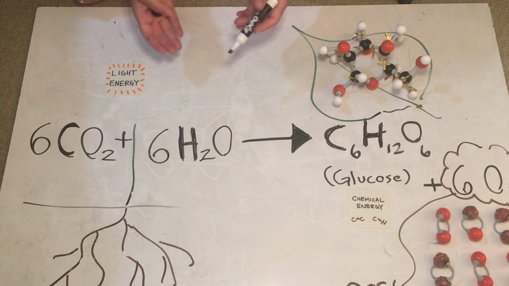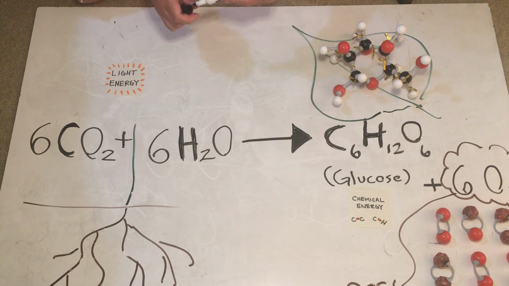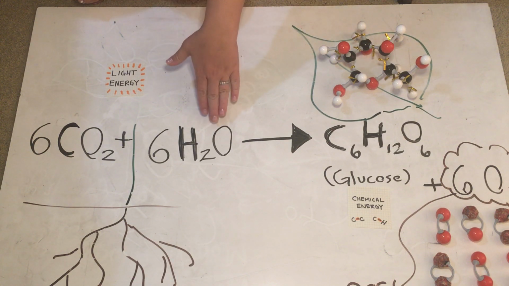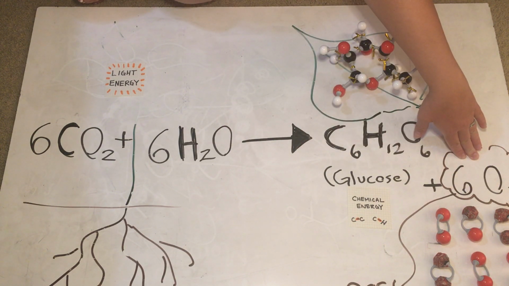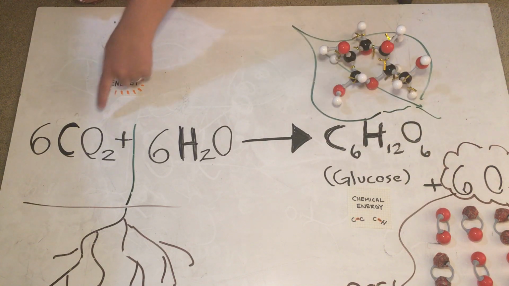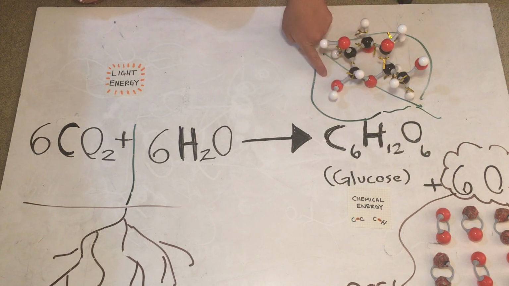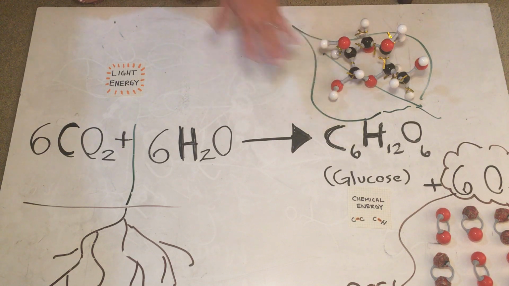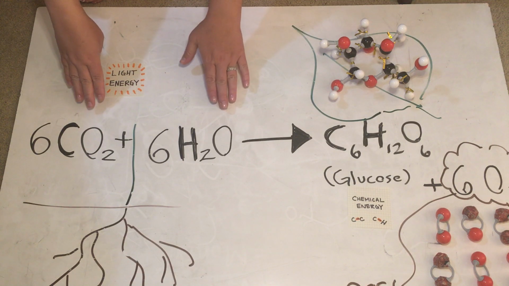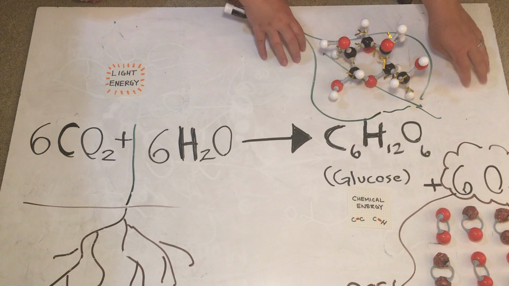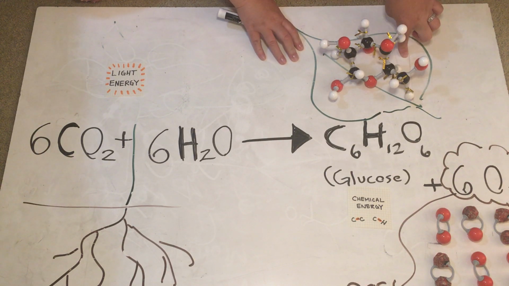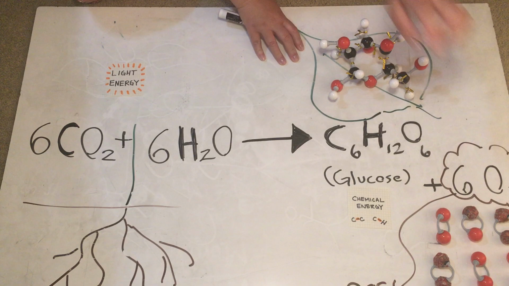Okay? The oxygen is coming from two different places, so it's a little harder to follow. If you go deeper into the actual reactions of photosynthesis, you'll see that it's the oxygens of water that actually are these oxygens of the oxygen gas specifically, and the oxygens of carbon dioxide are the oxygens that end up in glucose, but that is kind of beyond the scope of just biology class. It's more of an AP bio aspect, but the oxygen sources come from the air and the water, and the oxygen releases or products, we end up with oxygen stored in the plant matter, and then oxygen gas being released